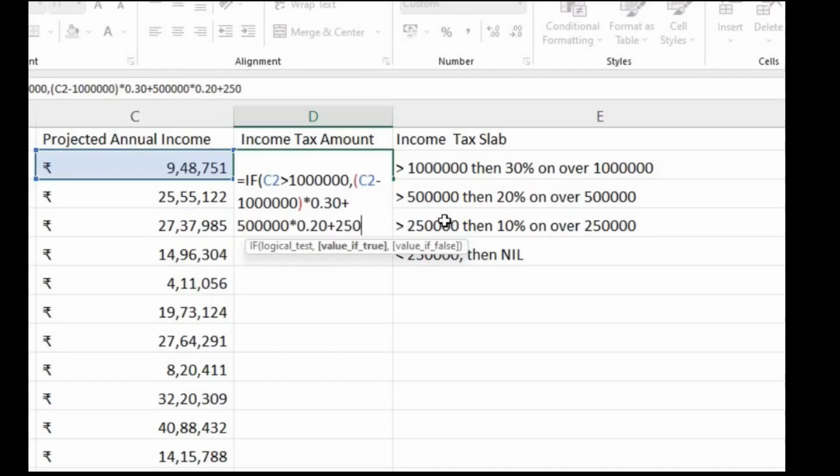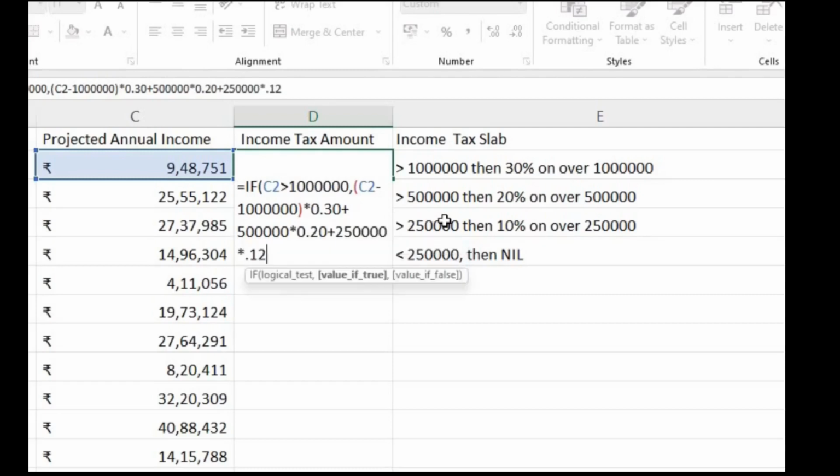Then 250,000 multiplied by 0.1 for the income which is between 500,000 and 250,000. We will subtract 250,000 from 500,000 and then multiply it with 10% or 0.1. So if the test value is true, Excel is going to return this value.